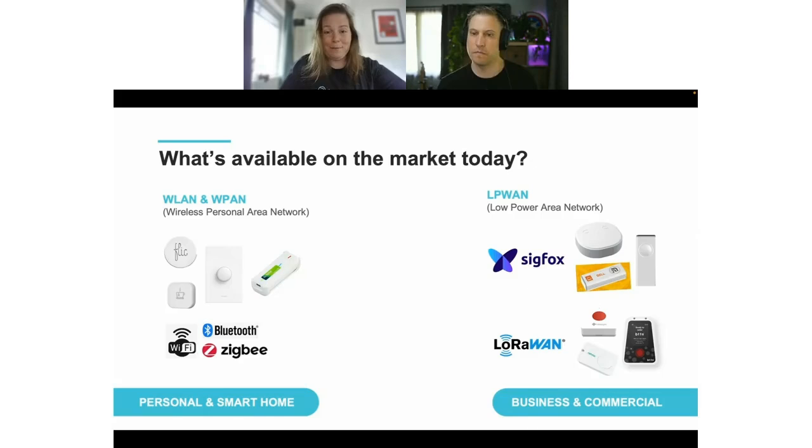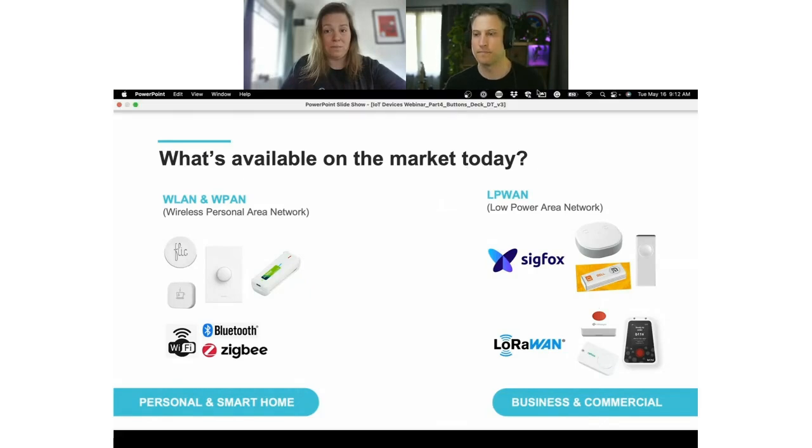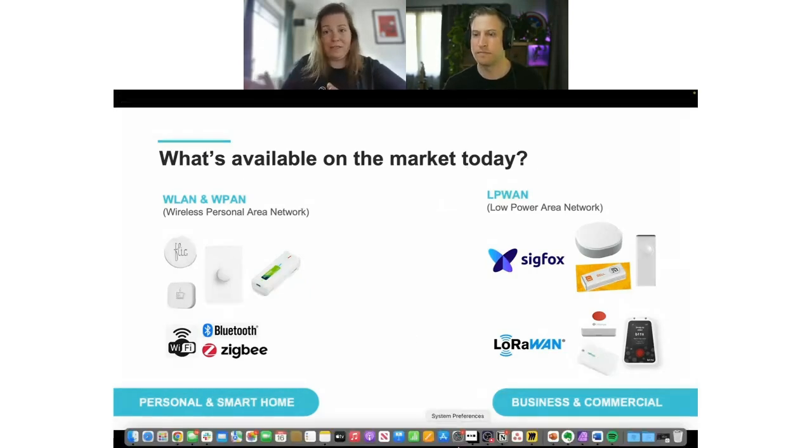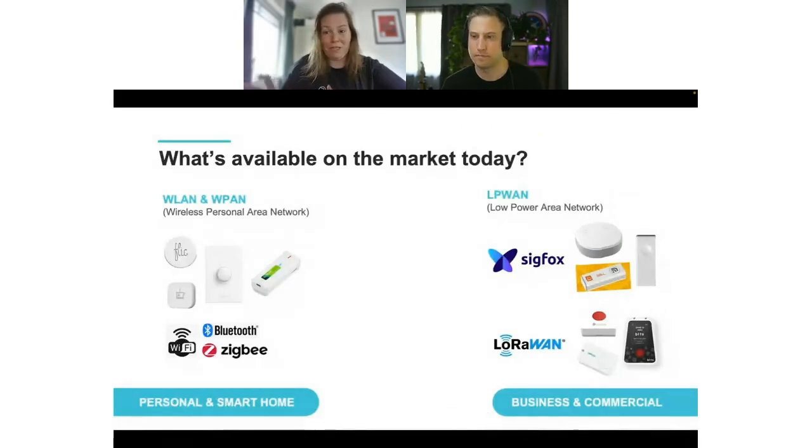And then I also put an example from an IKEA button with which you can control a lot of things in your home, be it smart blinds, be it ambient lighting, be it your coffee machine, or even your air purifier. So a lot of these use cases from the left hand side target smart home applications and smart home related use cases. On the right hand side, what you have is more low power wide area network,